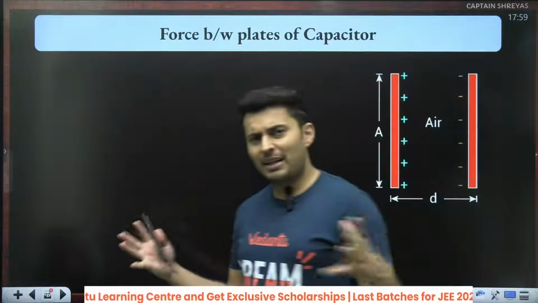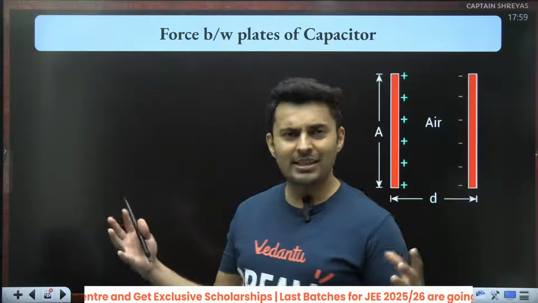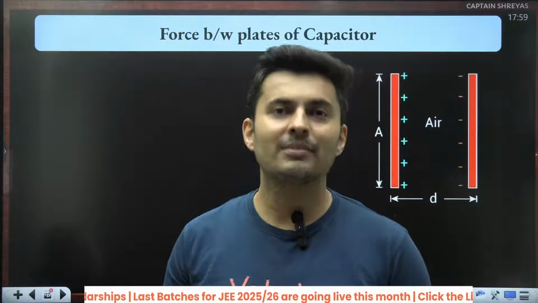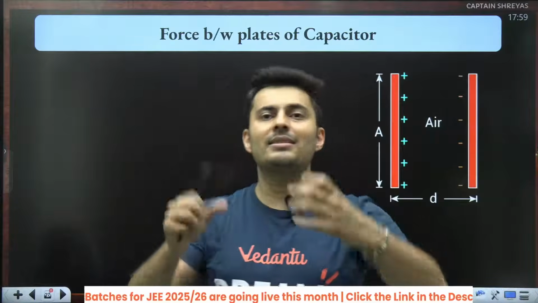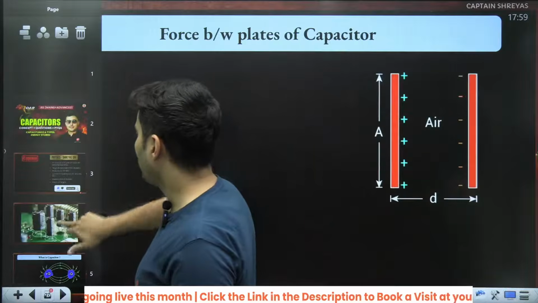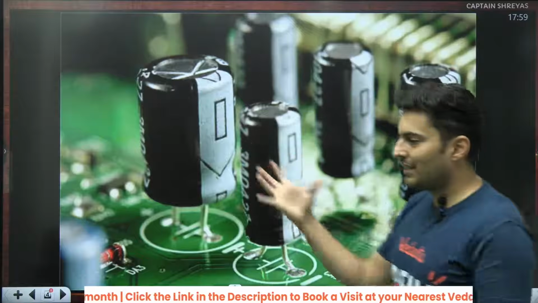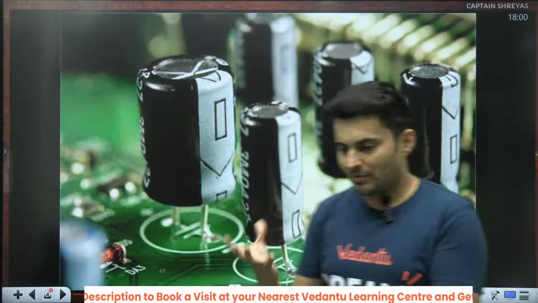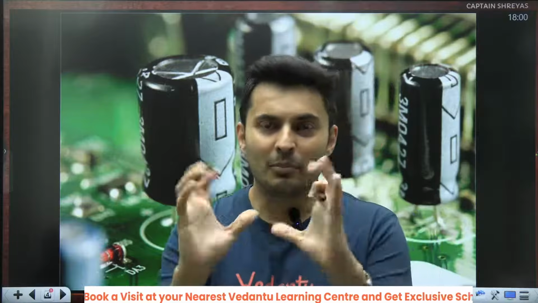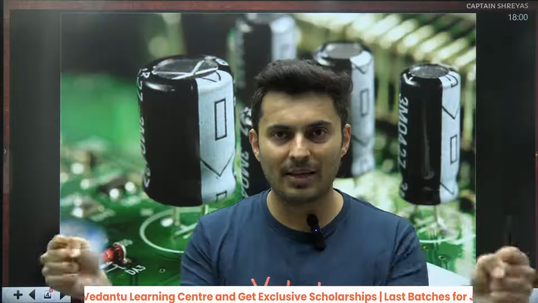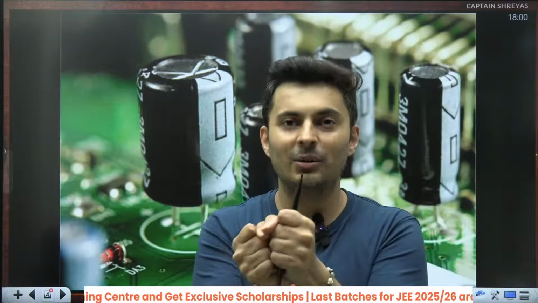Sir, won't the plates or the conductors, because they are oppositely charged, attract? Obviously, they will attract. Sir, who is holding them? See, they are enclosed in some shell or body. Like, when I showed you the photograph of a capacitor, there is some casing, some fixture or body which is holding it. That body holds the plates of the capacitor and prevents them from sticking to each other.